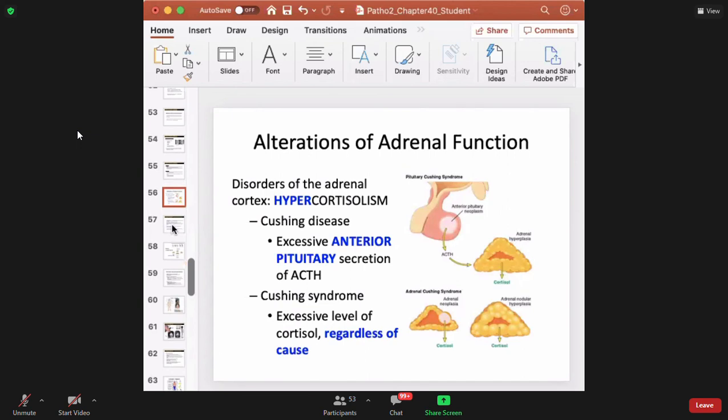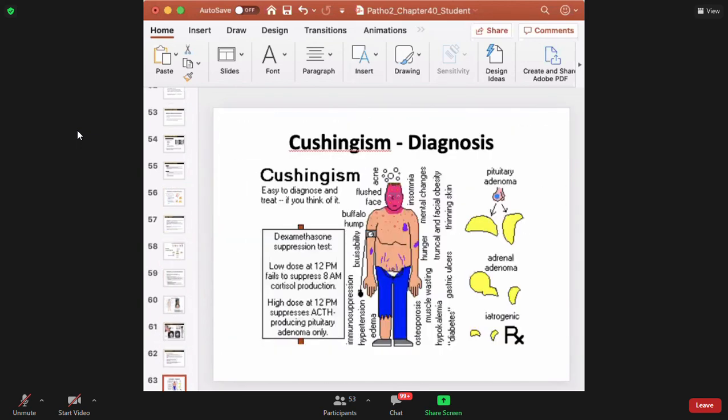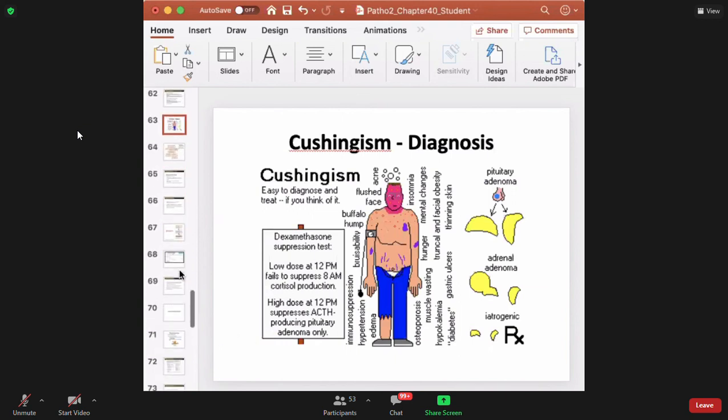Okay. Do I want to do this now? Let me see what we got popping off over here. I could do Cushing's. I think